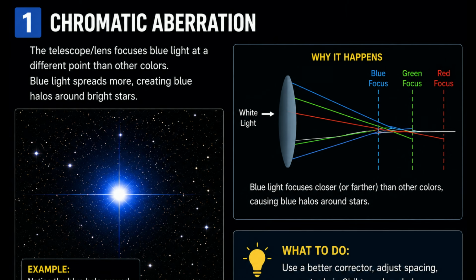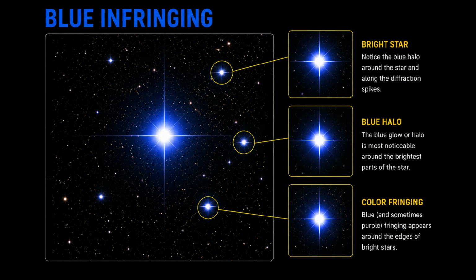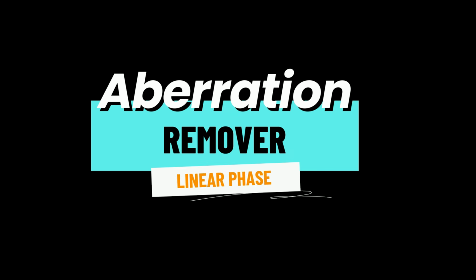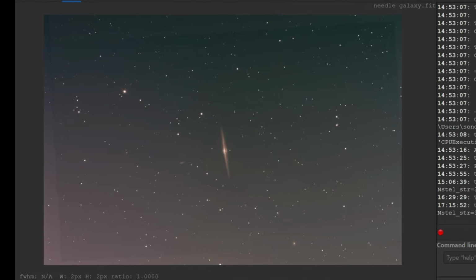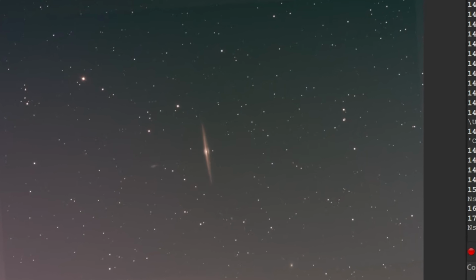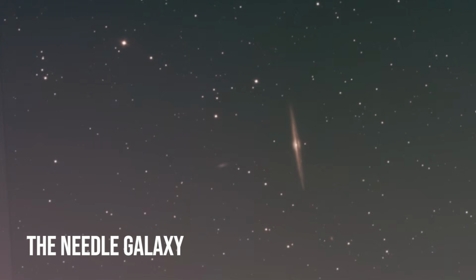Sometimes we go back and look at those images and say, wow, the nebula looks good, but the stars don't look too good. What are the tools to fix that chromatic aberration and fringing, purple stars that look so ugly? The image I am going to use is one of my latest images, and this one is the Needle Galaxy, and this